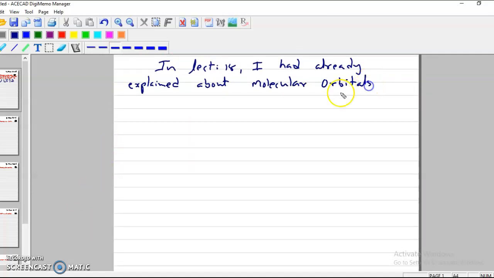There are various types of molecular orbitals like sigma BMO, sigma ABMO, sigma star ABMO, then pi BMO, pi star ABMO, n orbitals, etc. I have explained all these things. So according to molecular orbital theory,